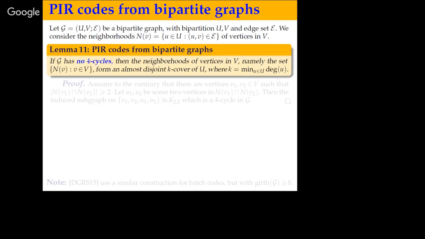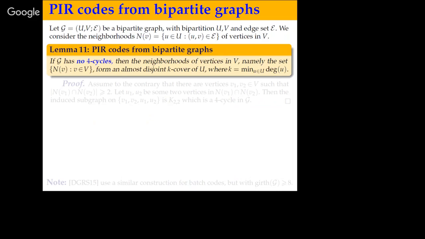Because if they are, so suppose there are 2 neighborhoods, so it's still almost disjoint. But suppose there are 2 neighborhoods that are not almost disjoint. So let's draw another edge here. Okay, so now these 2 points, this one and this one, belong to this neighborhood and to this neighborhood. Is that clear? Well, that's a 4 cycle because I can go like this, and here I can go here and